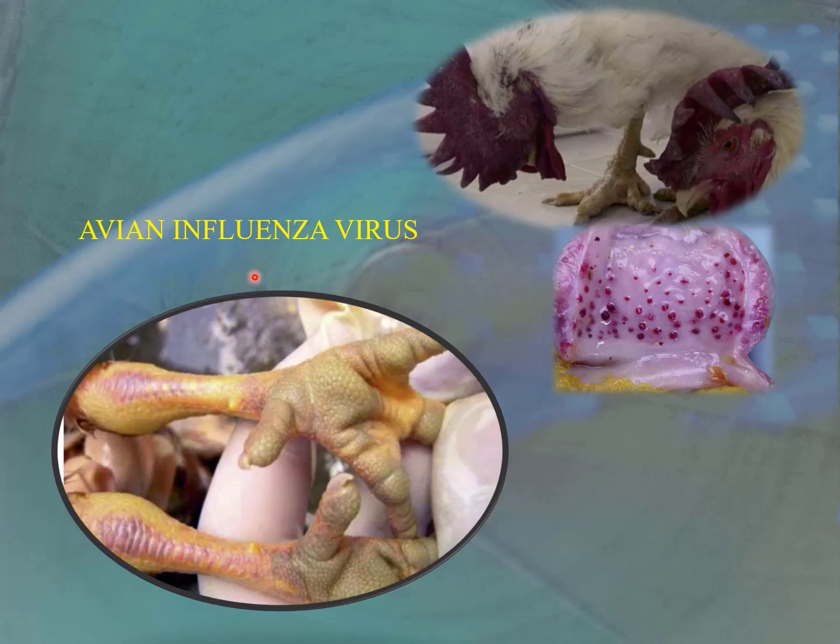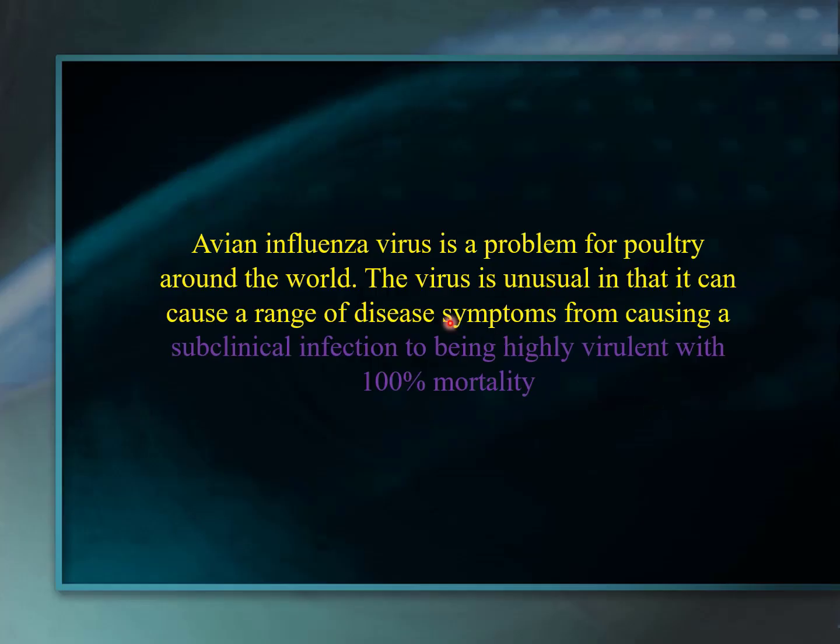Avian influenza virus is one of the most important viruses, and it has zoonotic importance. Avian influenza virus is a problem for poultry around the world. The virus is unusual in that it can cause a range of disease symptoms, from a subclinical infection to